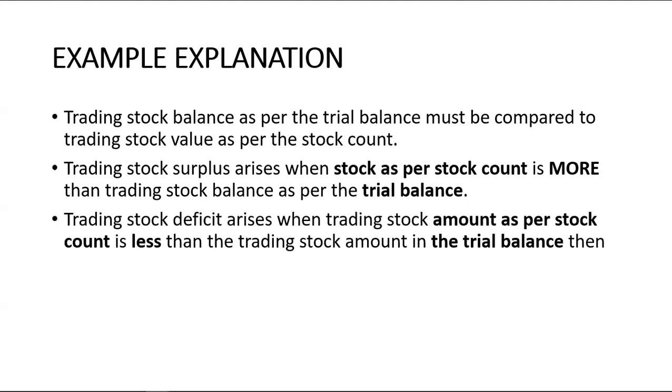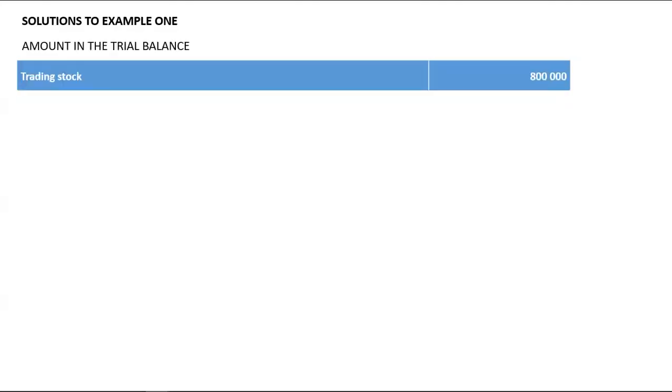I hope you wrote everything down and now it makes sense. Now let's go back to the example that I just gave you earlier on. Please note that in the trial balance, the amount was 800,000, and when we did our stock count, the amount was